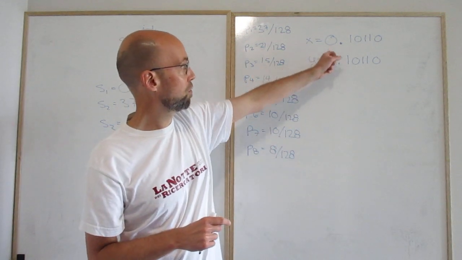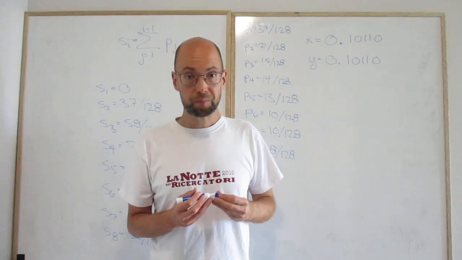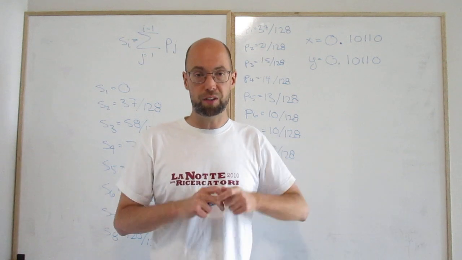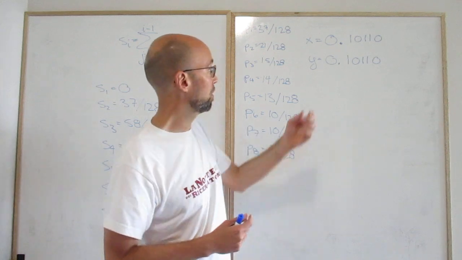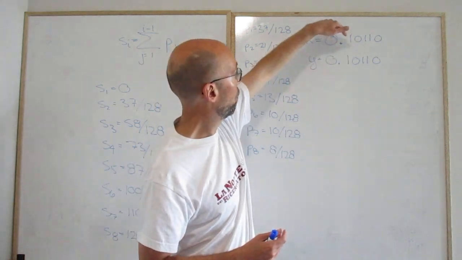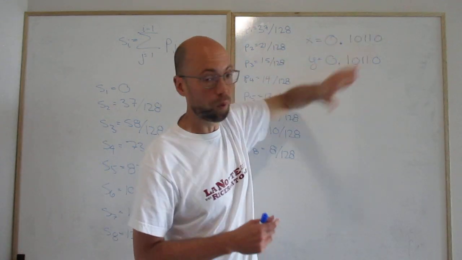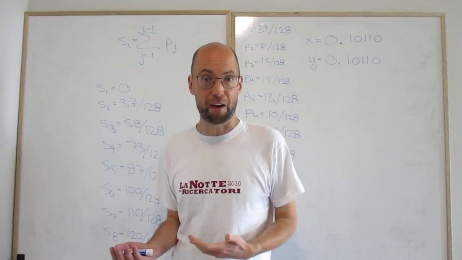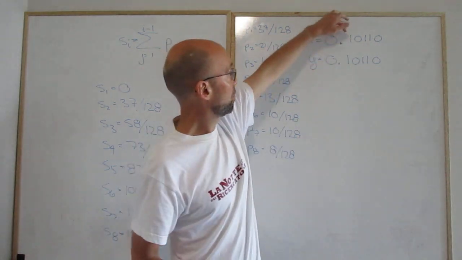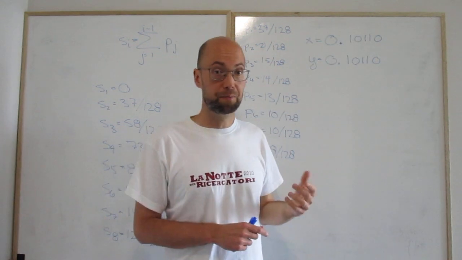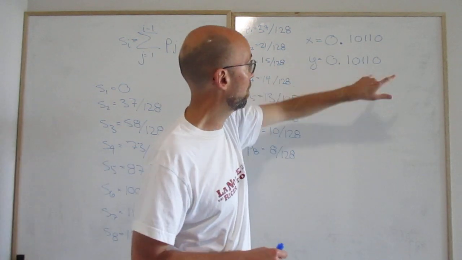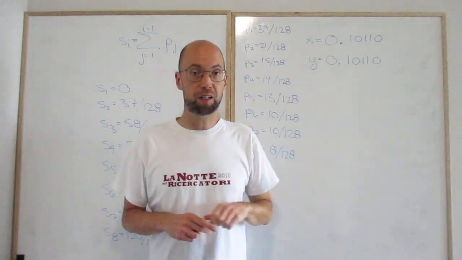So if two binary numbers both start 0 point something, they differ by less than 1. If they both start 0.1, then they differ by less than a half. If they both start 0.10, they differ by less than a quarter, right? So if they agree on b bits, they differ